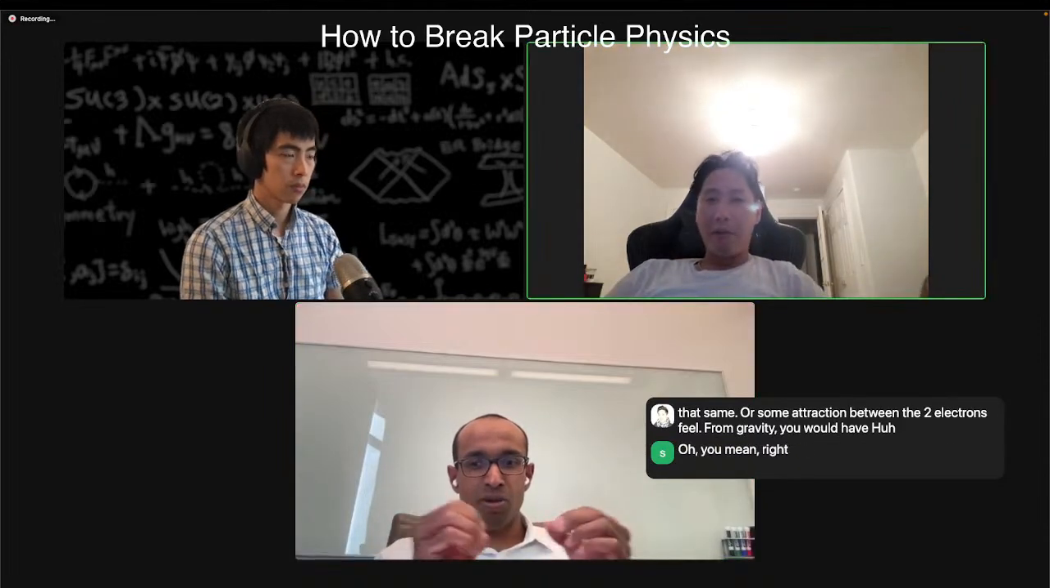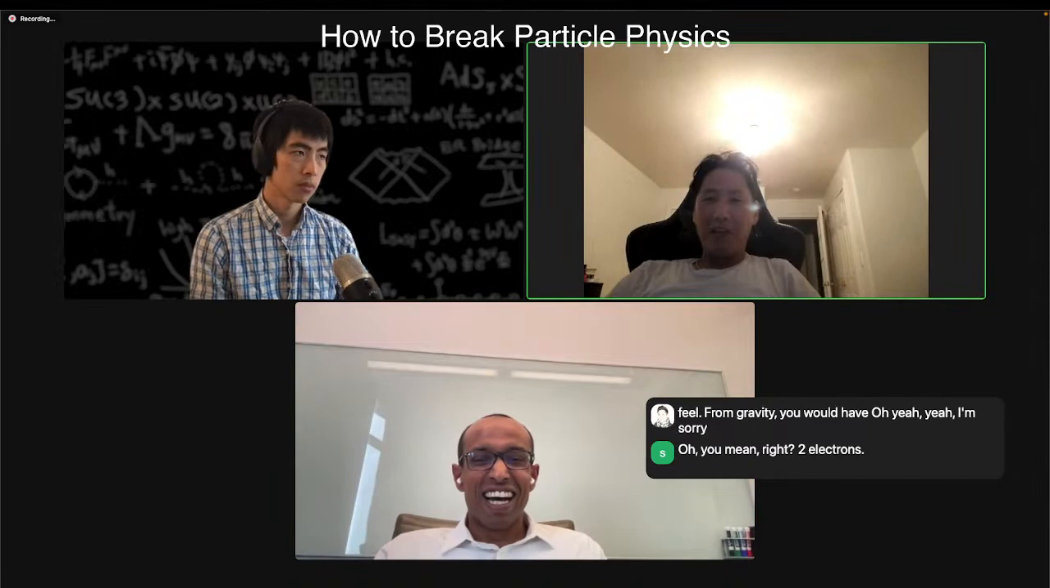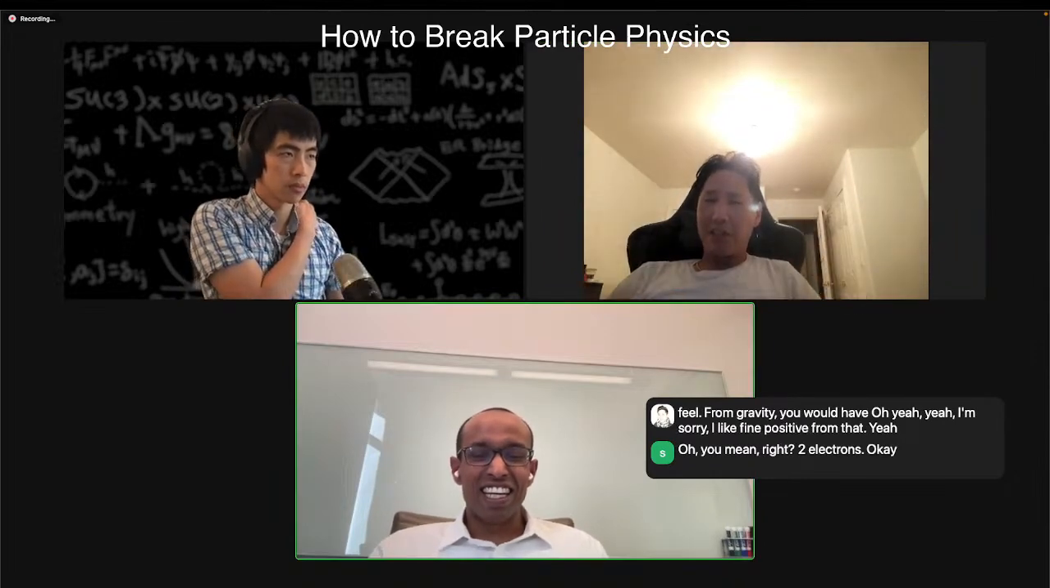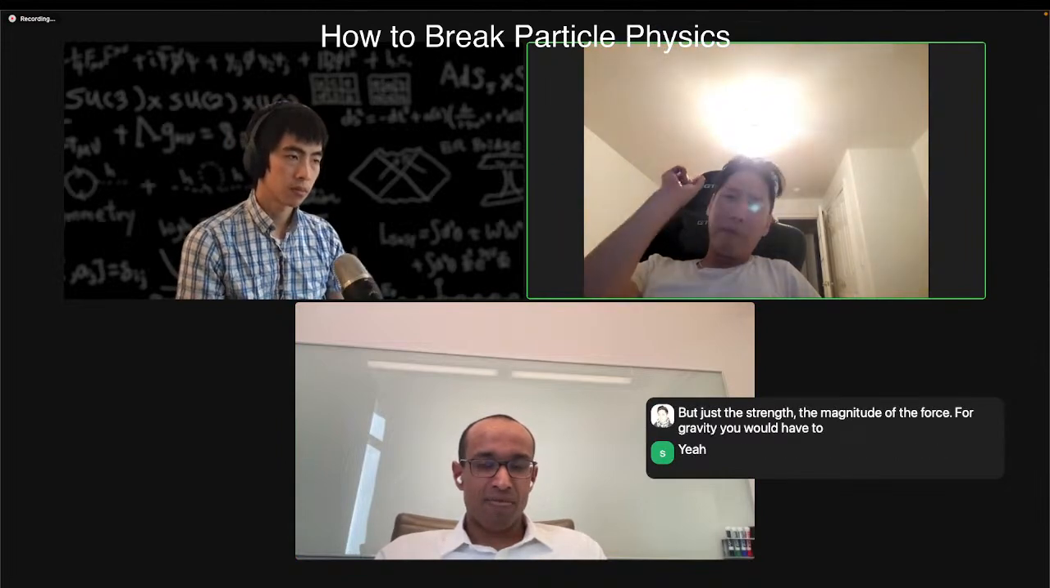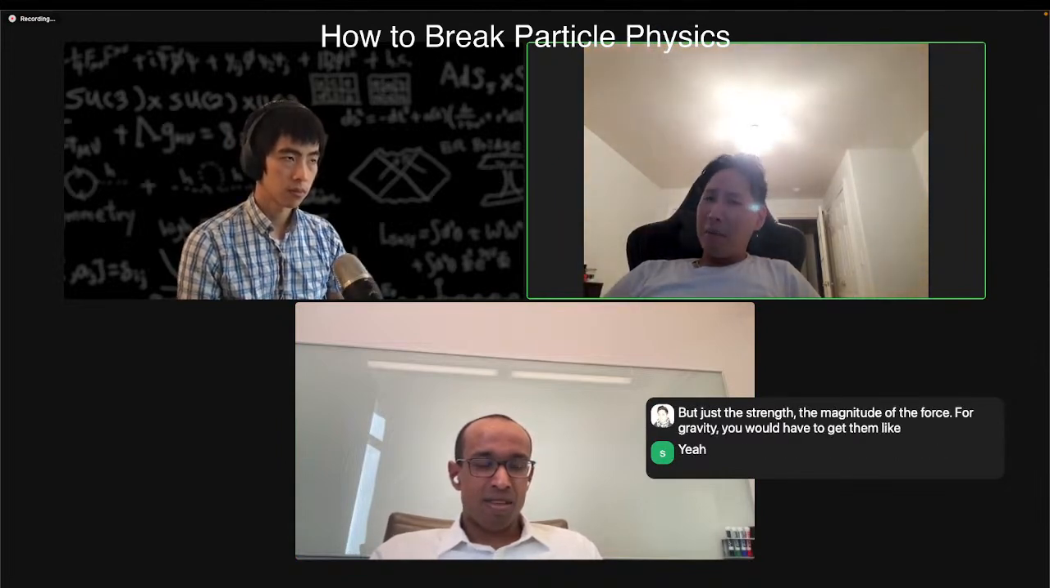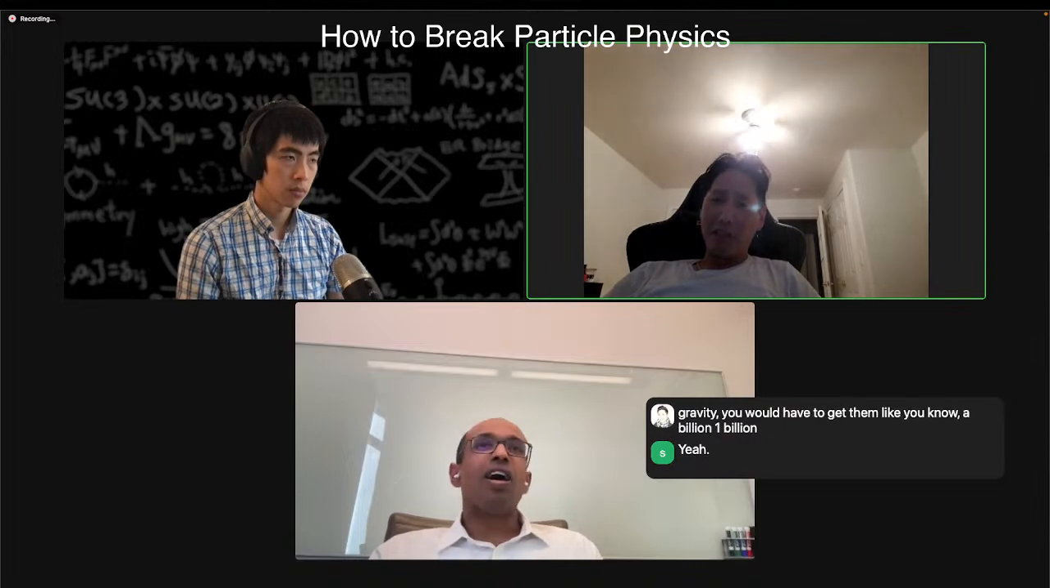Oh yeah, two electrons are repulsion. I'm sorry, electron and positron then. But just the strength, the magnitude of the force. For gravity, you would have to get them like a billion times closer just to feel